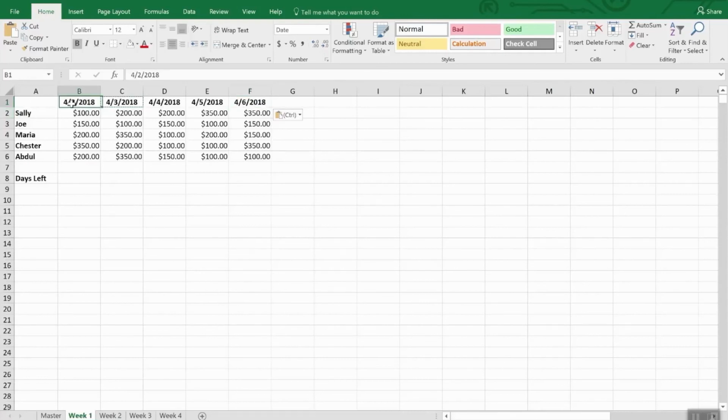And then we can copy the entire set of labels, go to week 2, copy, paste, and we're going to do 4/9/18, and that'll do the rest. So really easy to populate your worksheet with the date of each day rather than the day of the week. Now let's do something a little more complex using a date function,